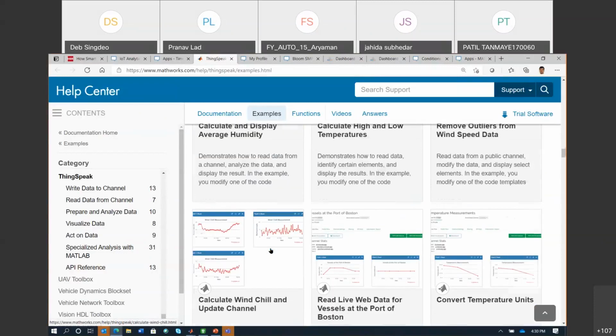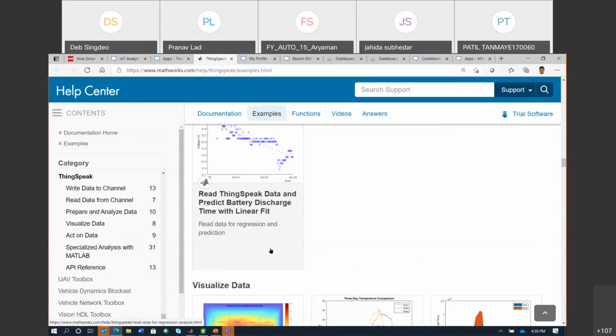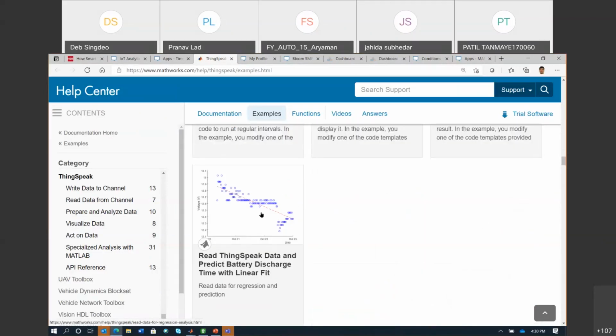These are examples specifically with respect to the analytics and insight side. This is a very interesting project with respect to battery discharge time. We know that in case of automotives, if it is an electric vehicle, the battery will charge and discharge. And we can look at the data to predict when the battery has to be recharged for the next cycle.